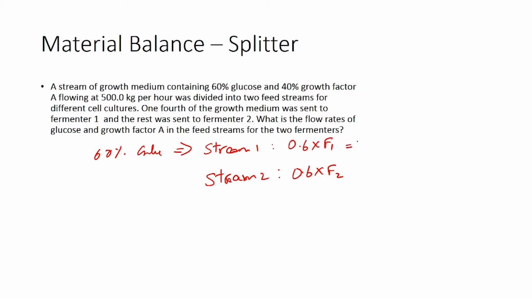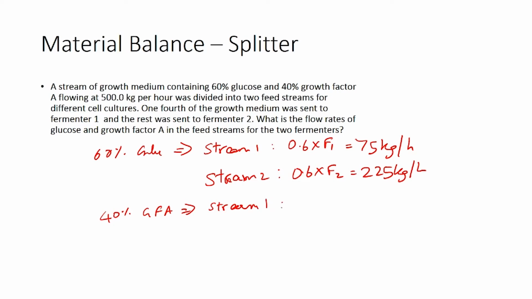So, in stream 1, the mass of glucose leaving would be 75 kilograms per hour, and in stream 2 it would be 225 kilograms per hour. So, 40% of these streams contains growth factor A, which implies stream